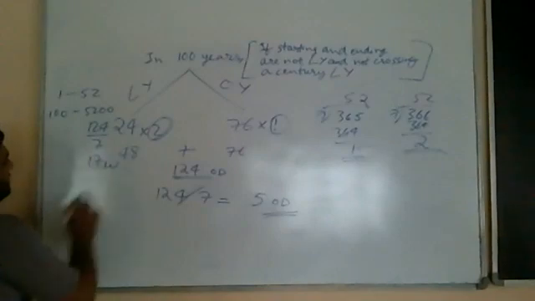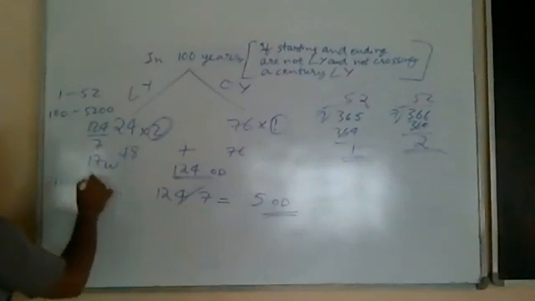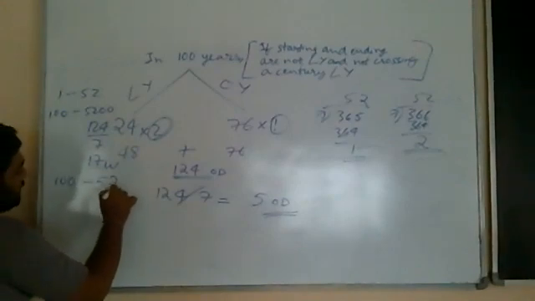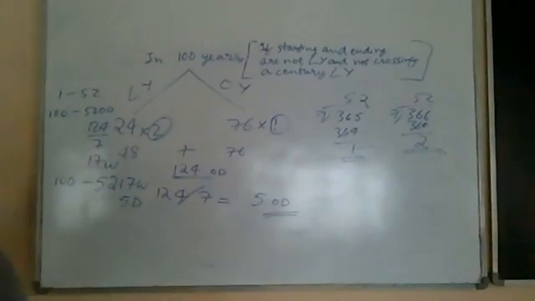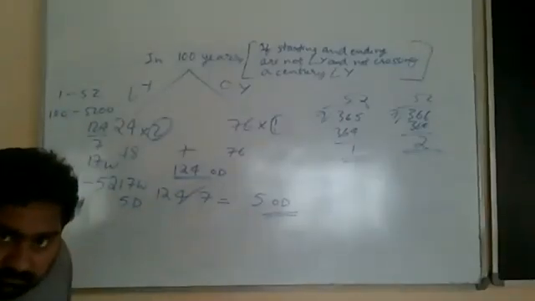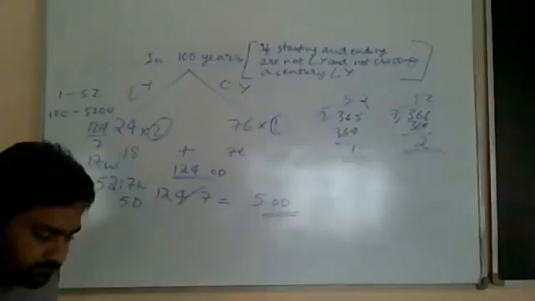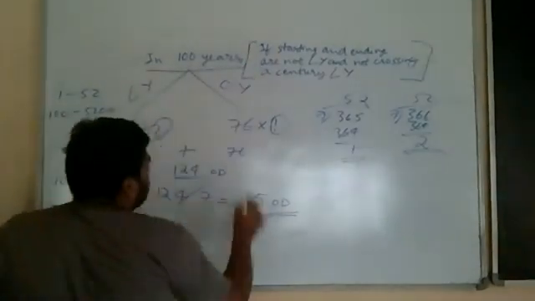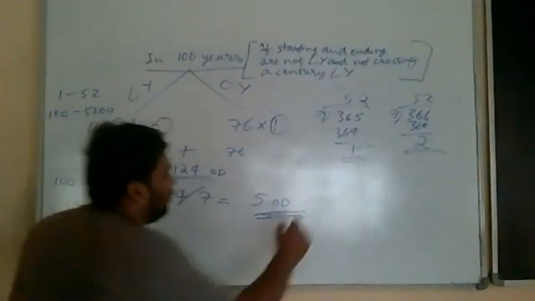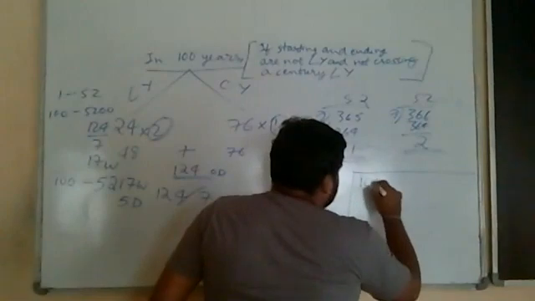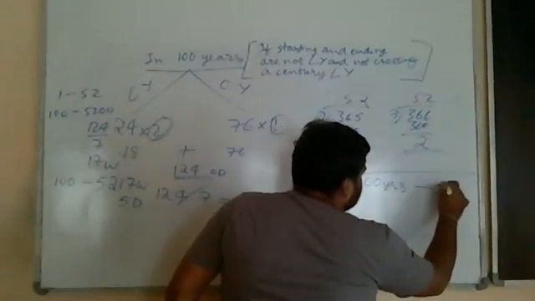So this 124, I can divide by 7. It means I will get 17 weeks. So 100 years will not have 5,200 weeks, but it will have 5,217 weeks and 5 days. Ultimately, I am going to have 5 odd days. So in the case of 100 years, the remainder is 5 odd days. This figure is very important. Whatever I write here is very important. If it is a set of 100 years, your answer is 5 odd days.